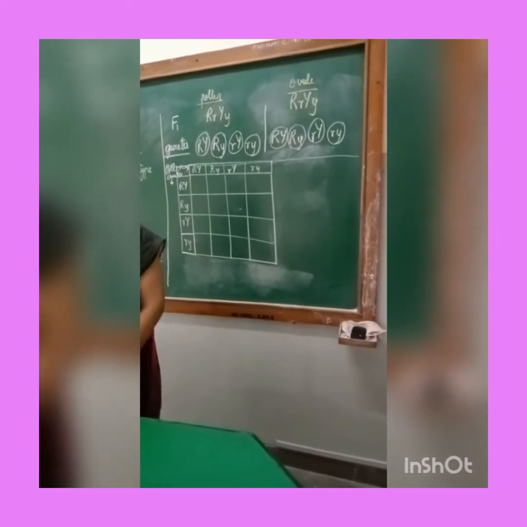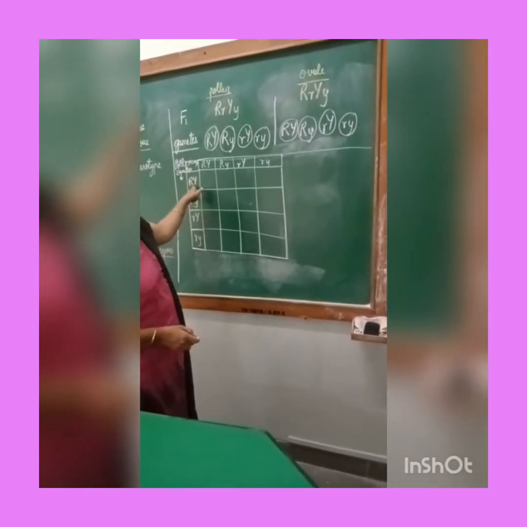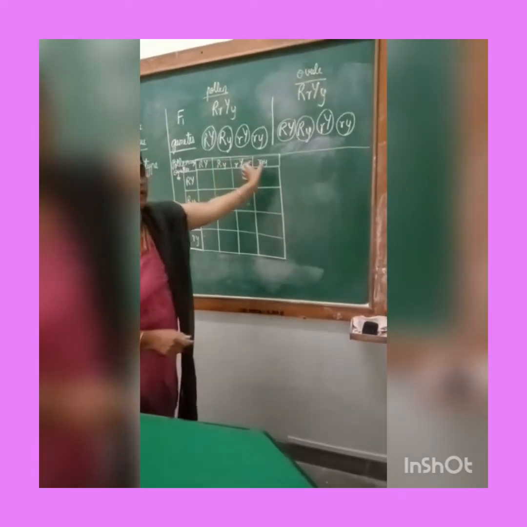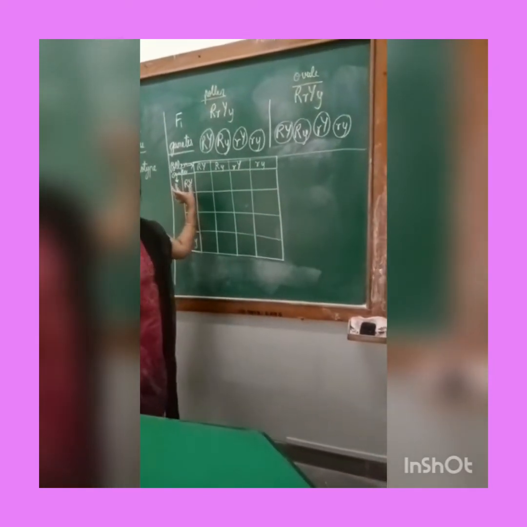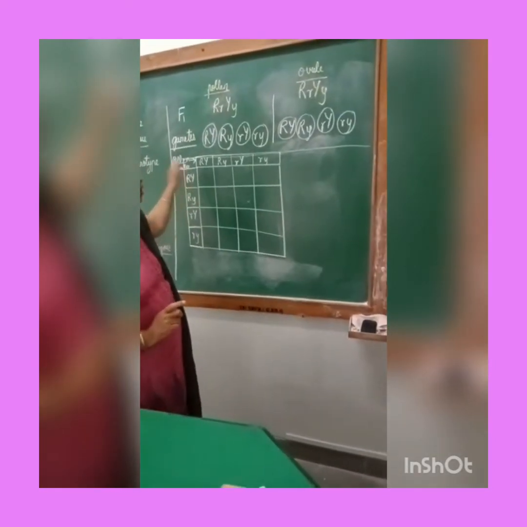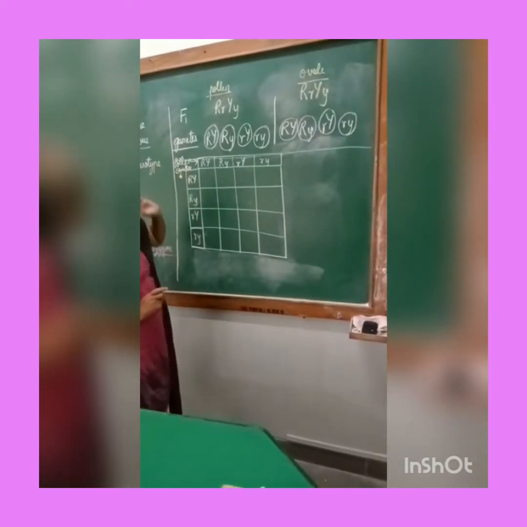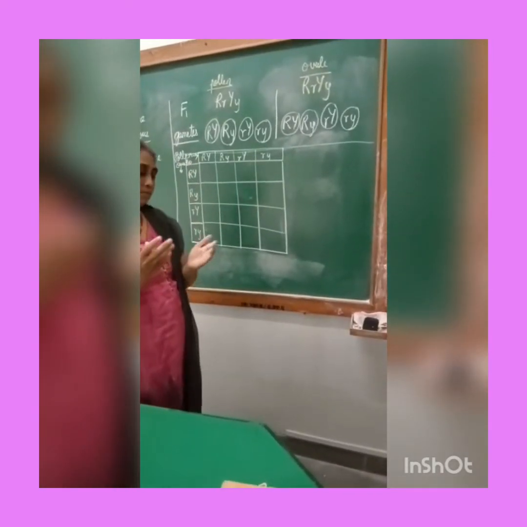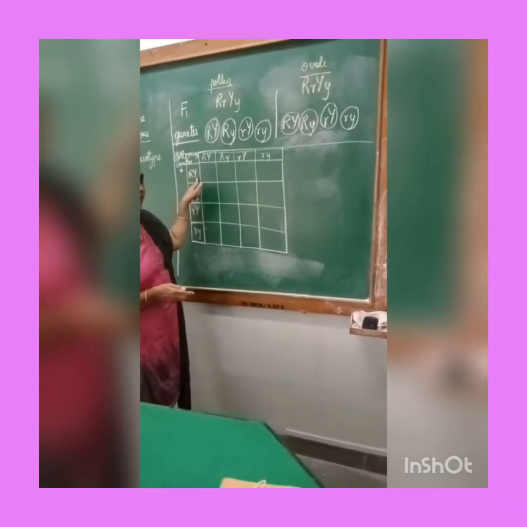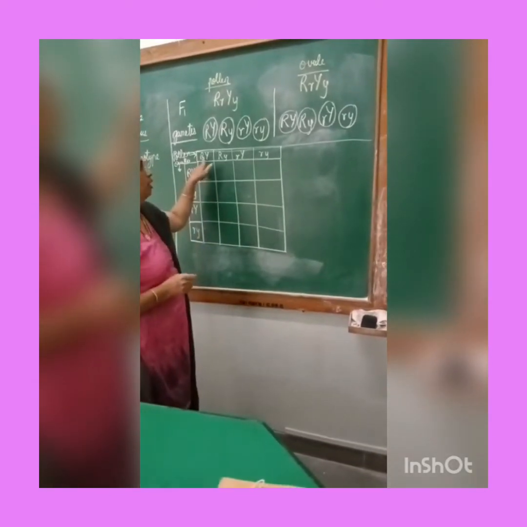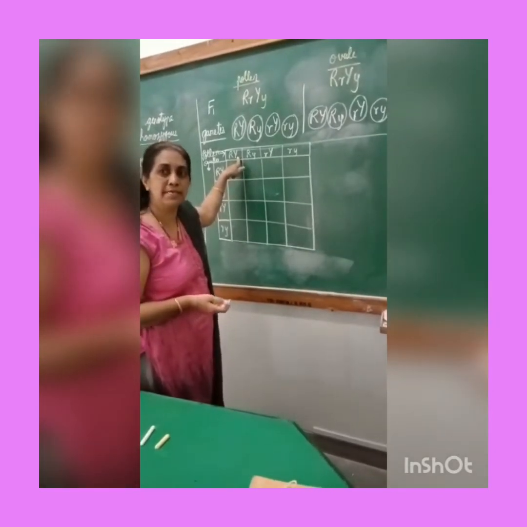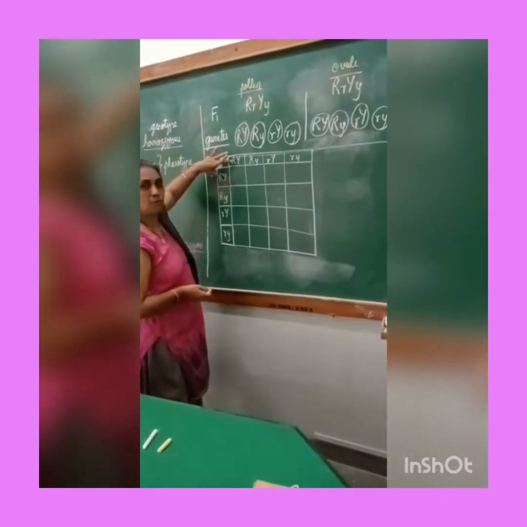Okay. So here now let us see what will happen if capital R, capital Y ovule combines with each and every type of pollen. The ovule is ready over there in the ovary. The pollen is going to come and fuse with it, isn't it? So now I will keep the ovule as it is. So naturally the genes which are there in the ovule will be there, isn't it? So I will already have capital R, capital Y. Now pollen has brought capital R, capital Y. What will be the phenotype of the zygote which is formed? Naturally it will have both of these.